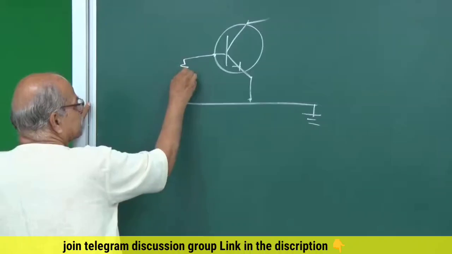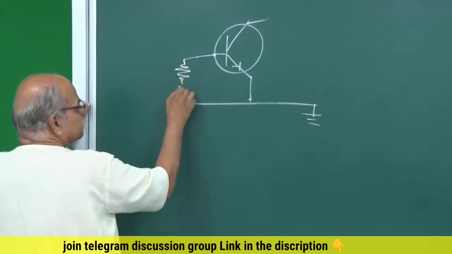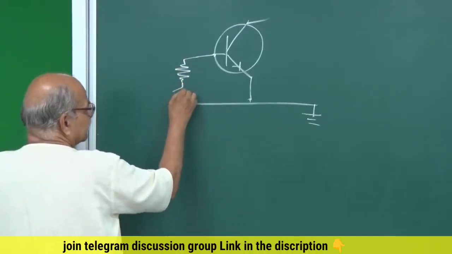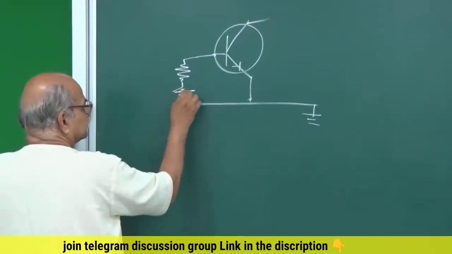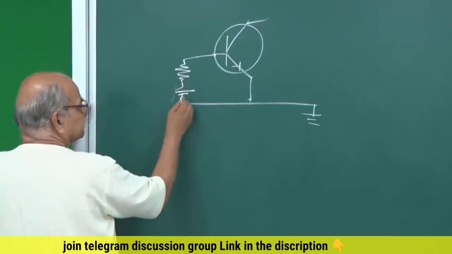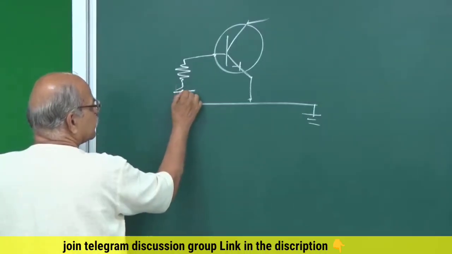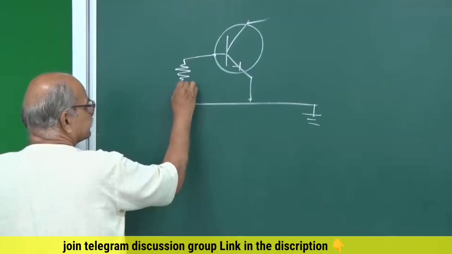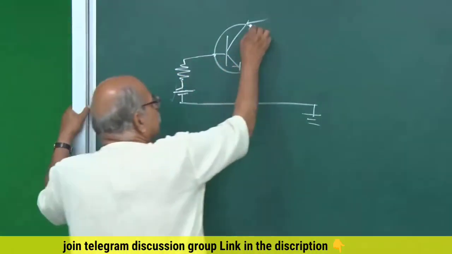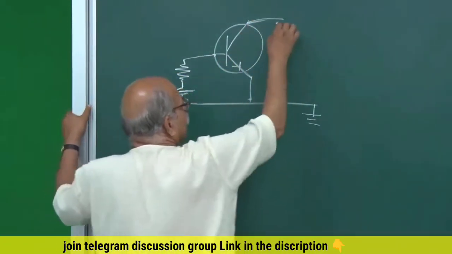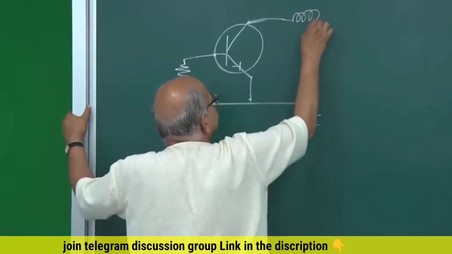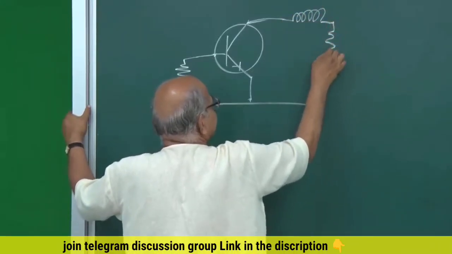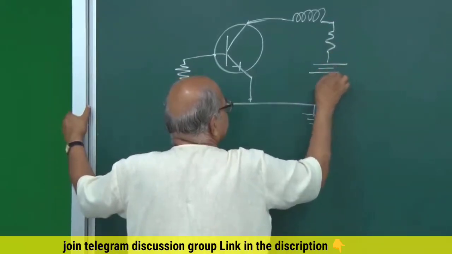So you have some resistance, and after that let me first put a switch here like this. This is the battery, the biasing battery, and then there is a switch out here. And on the collector side you have some load, maybe some kind of a lamp or something else. You can still have a resistance, and then you can have your biasing